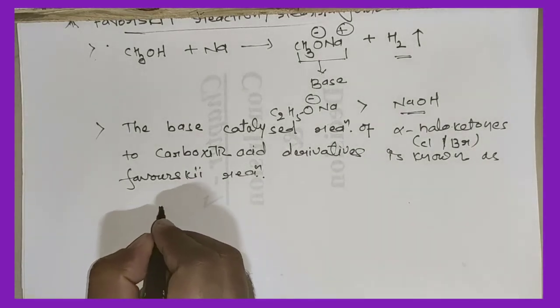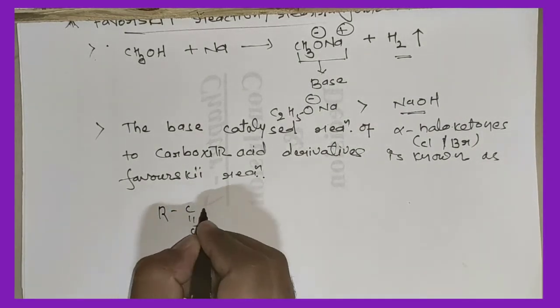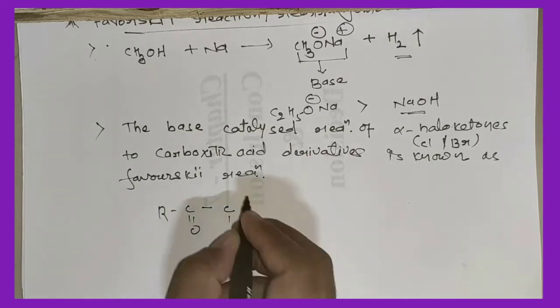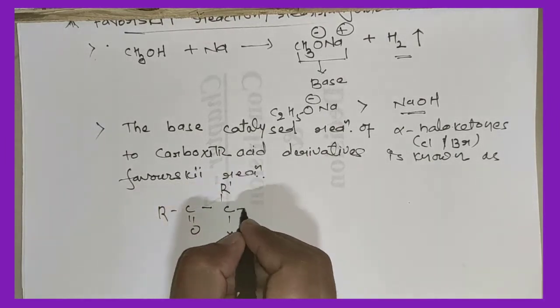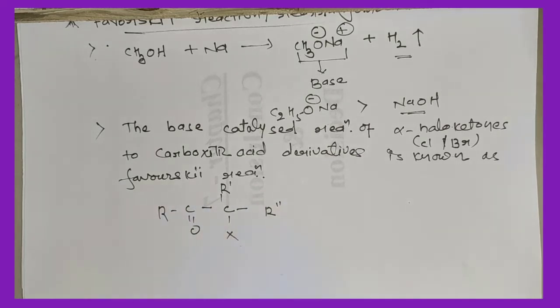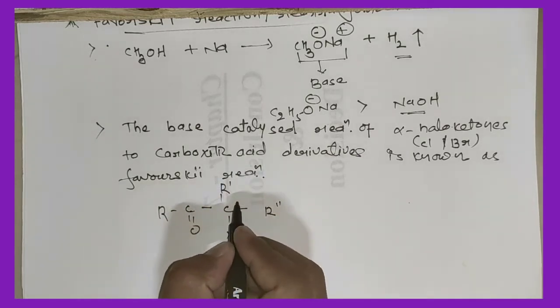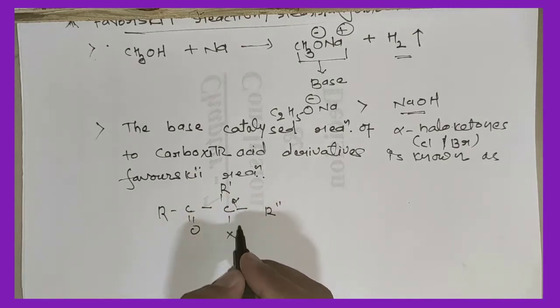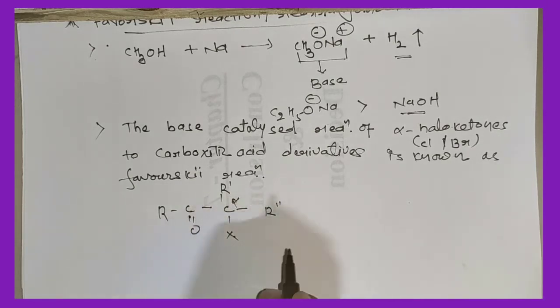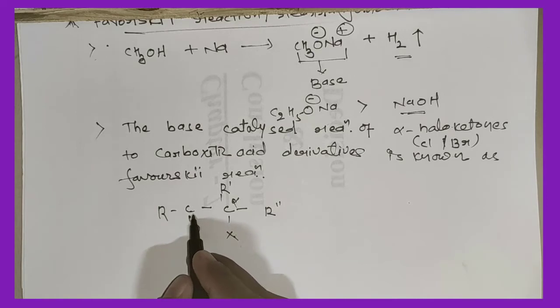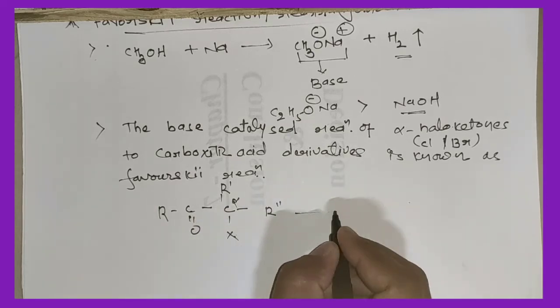For example, if we take here C X, suppose this is R dash, this is R double dash, to differentiate the functionalities. The carbon next to the carbonyl carbon is the alpha carbon, so we can say that it is an alpha haloketone. The alpha haloketone is converted to